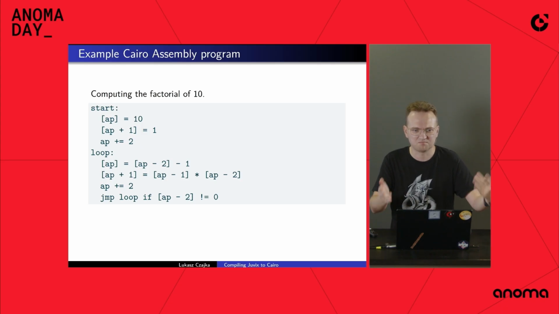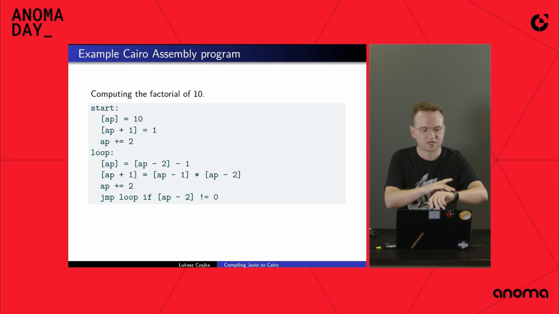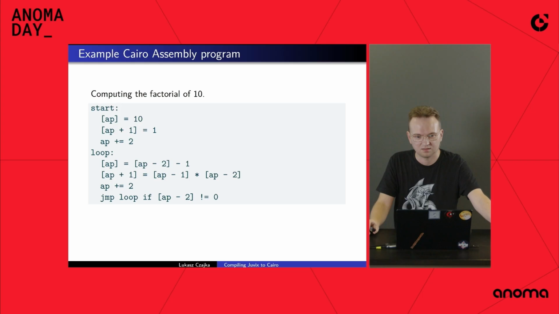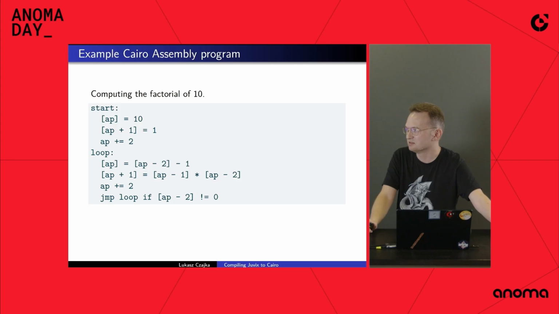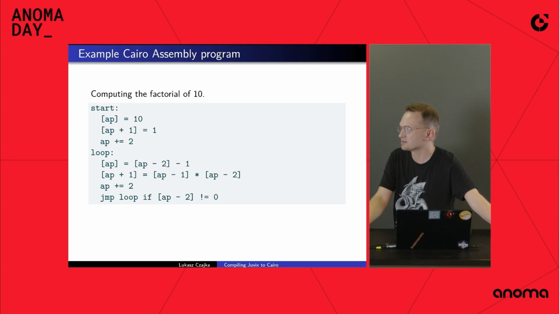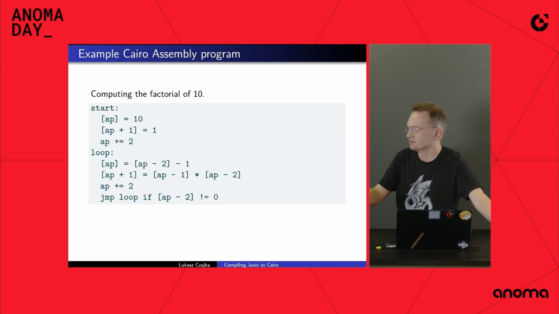Okay, so here is an example program in Cairo assembly. Don't look too much into that. It's just to give you a feel of how it looks. It's very low level. This AP is a register. In those square brackets, we are accessing memory at the address determined by the register AP. Here it computes the factorial of 10. So we count down and multiply